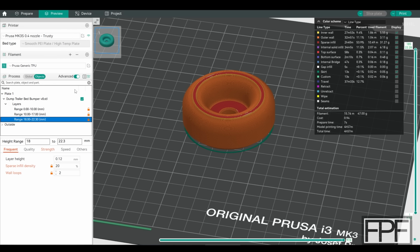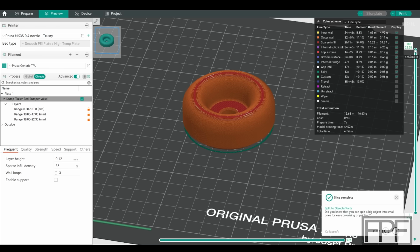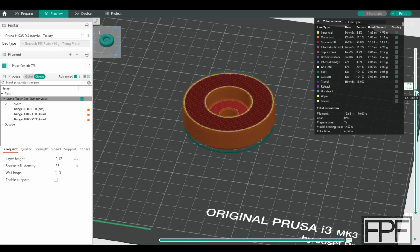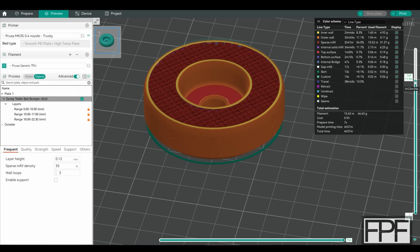In fact, just for the sake of argument, let's set this to 1 wall loop. Slice it again and just see what that looks like. Yeah, look at that. We go from 3 down to 1, which is really still kind of 3. Well, sort of. I mean, they're next to each other. It's a little bit deceiving. We go from 3 there, 3 and a thin partial layer, or a thin wall,